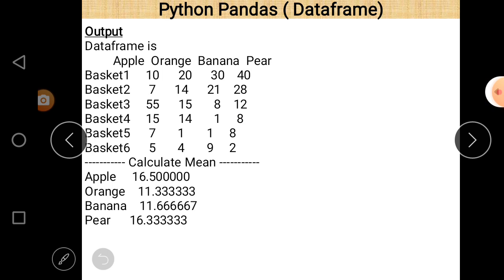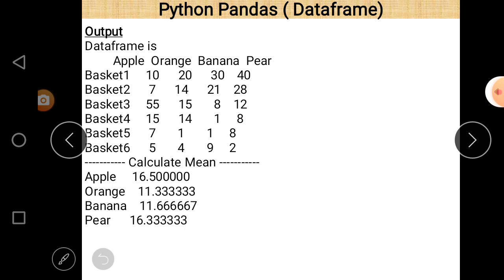If we want to find the mean, median, and mode: for apple the mean is 16.5, for orange the mean is 11.33, for banana it is 11.66, a little bit similar to that of orange, and for pear it is 16.333. So these are the mean values of the different columns.